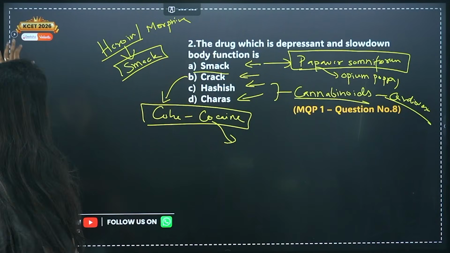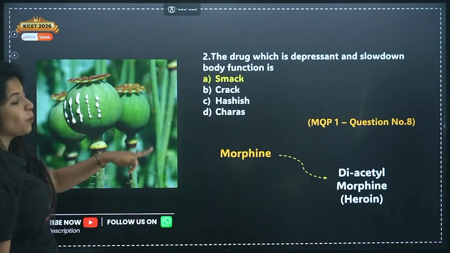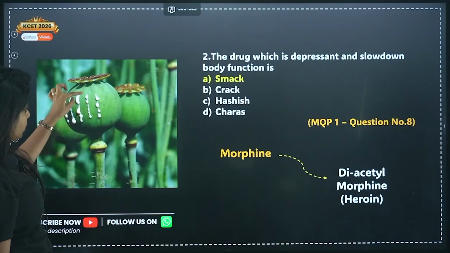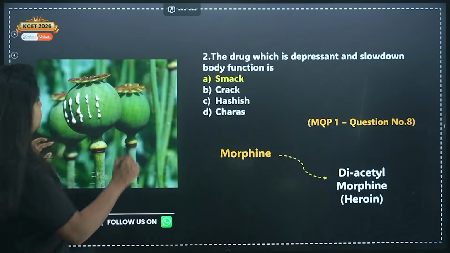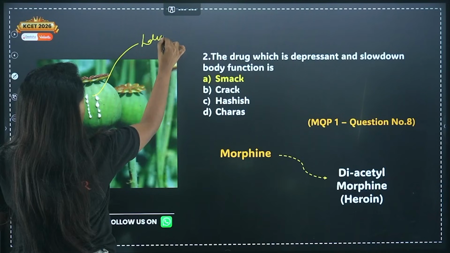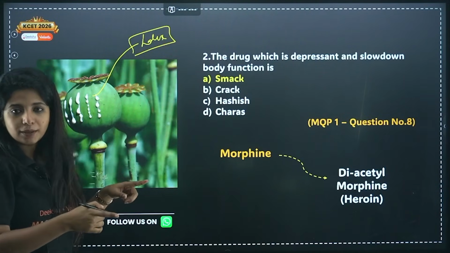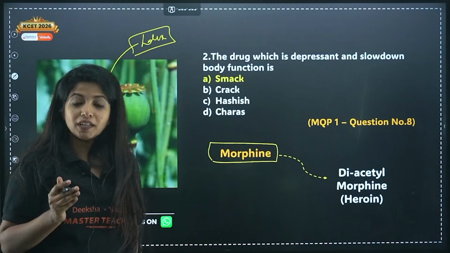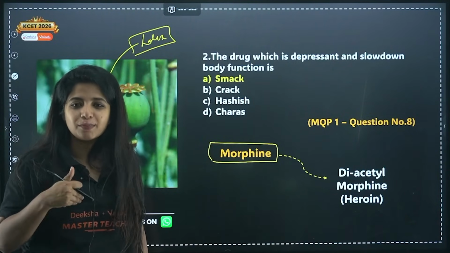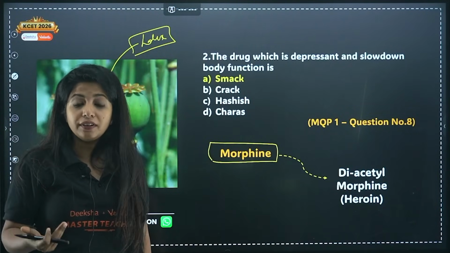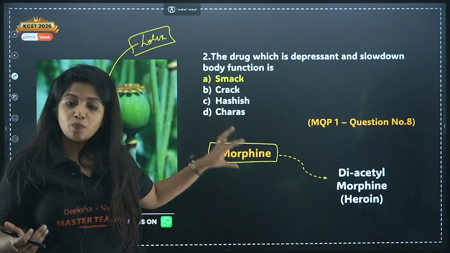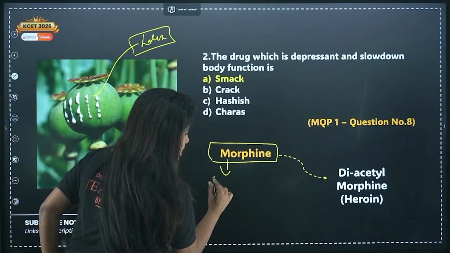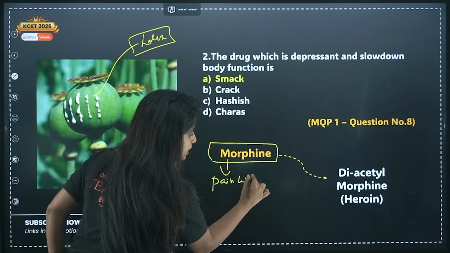Okay. Now over here I have also put, this is opium poppy or what you call Papaver somniferum, and now the thing that you see is latex. The white color thing that you see is latex, and from this latex only you get the drug. So initially you get morphine. Doctors use morphine not for themselves but for the patients who have undergone surgeries. Why? Because morphine is a painkiller and sedative.